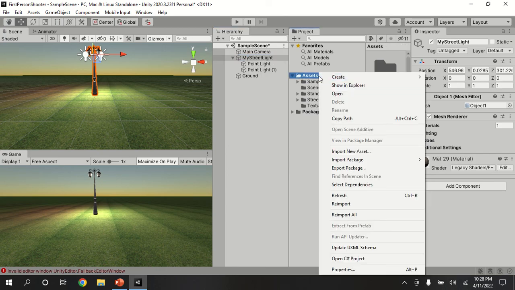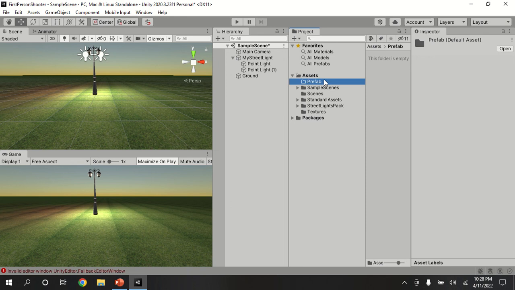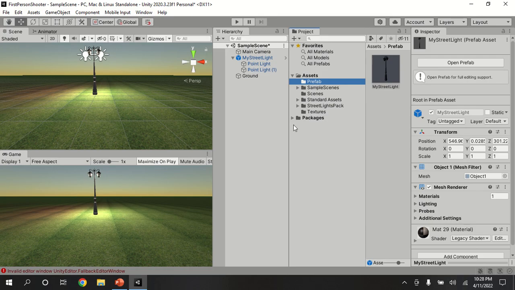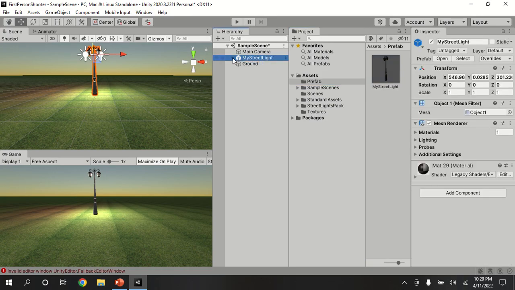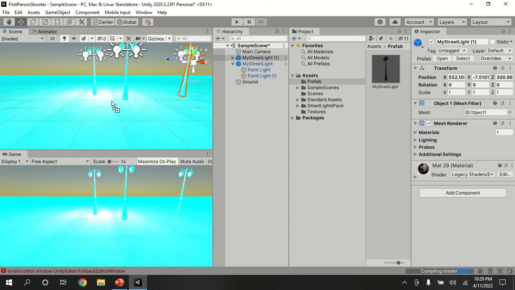तो प्रीफैब बनाने का तरीका ये होता है कि आप एसेट्स के फोल्डर में एक और फोल्डर क्रिएट करते हैं, उसका नाम आप प्रीफैब दे देते हैं। बेसिकली आप कोई भी नाम दे सकते हैं, but prefab is obviously more relevant. तो अब मैं अगर ये स्ट्रीट लाइट पोल उठा के इस प्रीफैब के फोल्डर में ड्रैग एंड ड्रॉप कर दूंगी तो अब ये स्ट्रीट लाइट पोल एक प्रीफैब बन गया है, ठीक है। अगर अब मैं इस प्रीफैब को एक से ज़्यादा दफ़ा यहाँ प्लेस करूँ तो आप देखें कि सपोज़